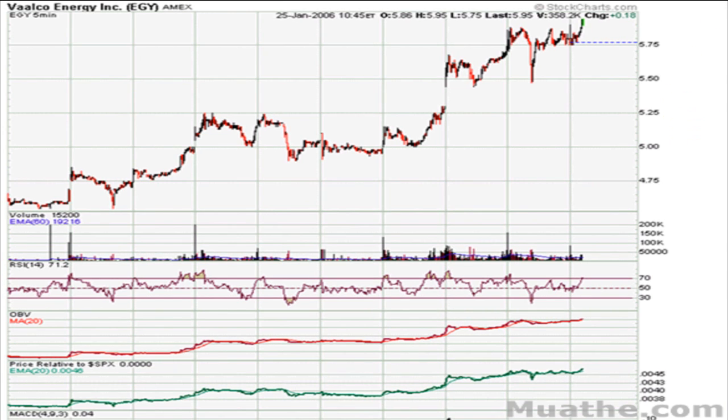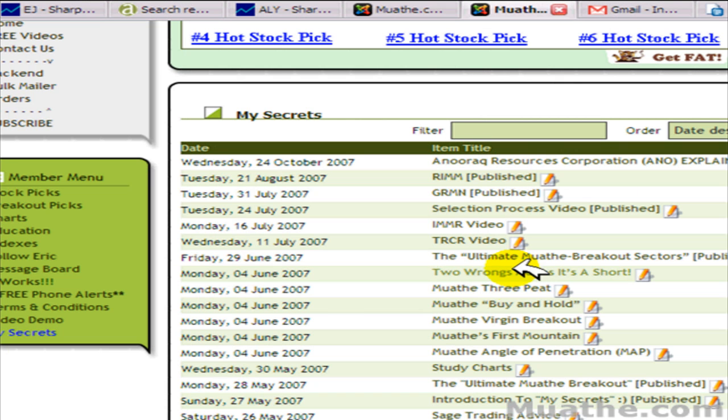Okay, so here's another one you can take a look at. Right there. Strong close. You get a gap up right there. And I guess that's it for that one. So this is